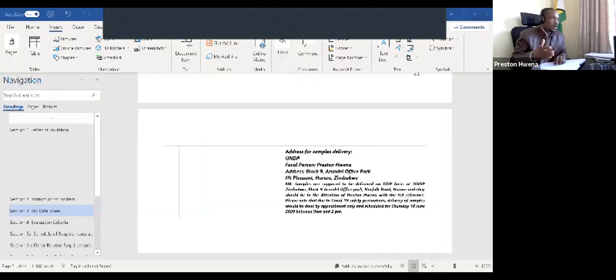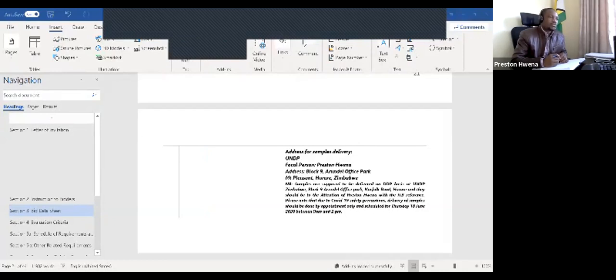But if you are sending your samples as a bidder, make sure that you have already made all the provisions for clearing and having this delivered to UNDP Block 9. We will not go to DHL and clear your samples,